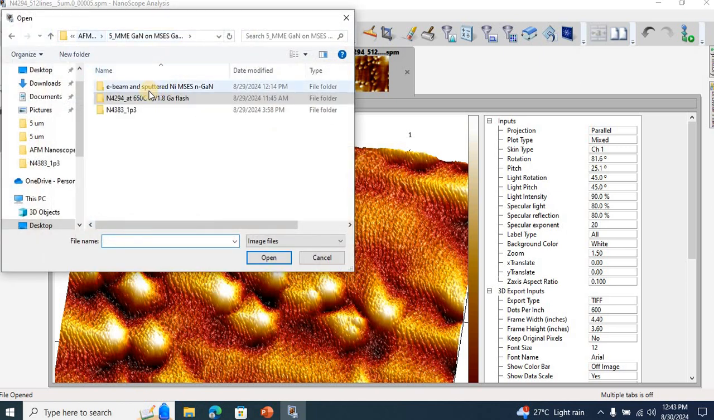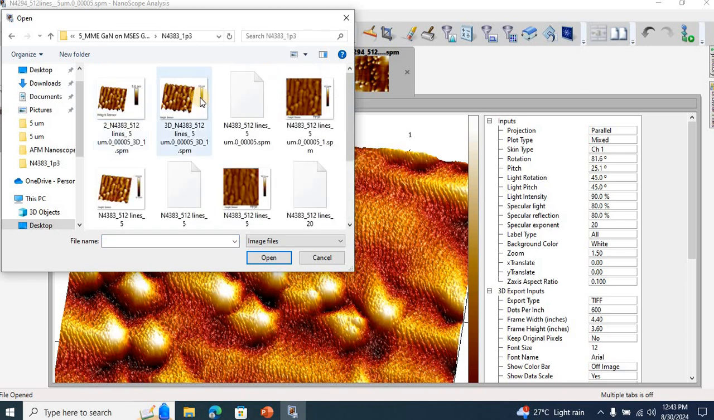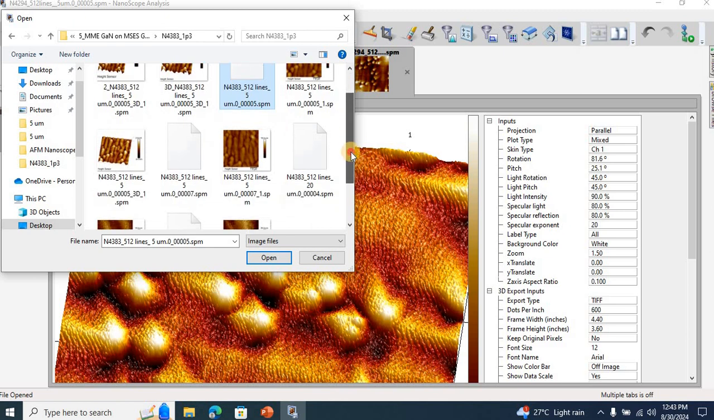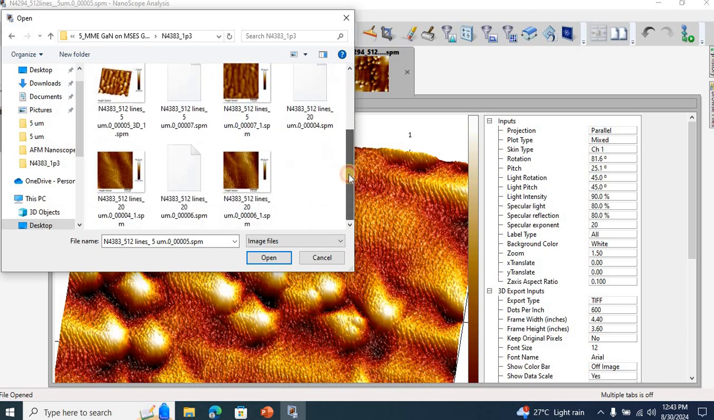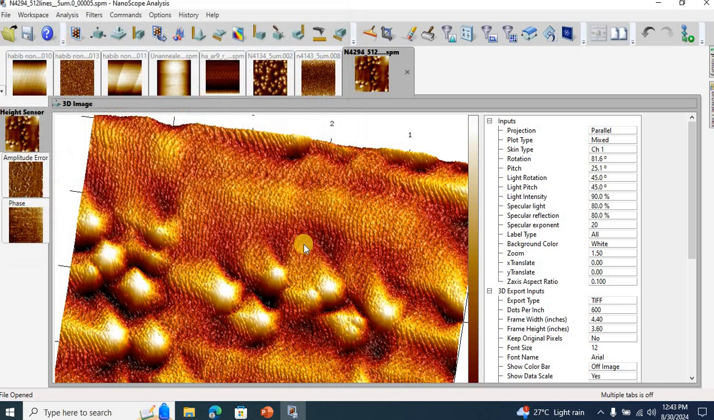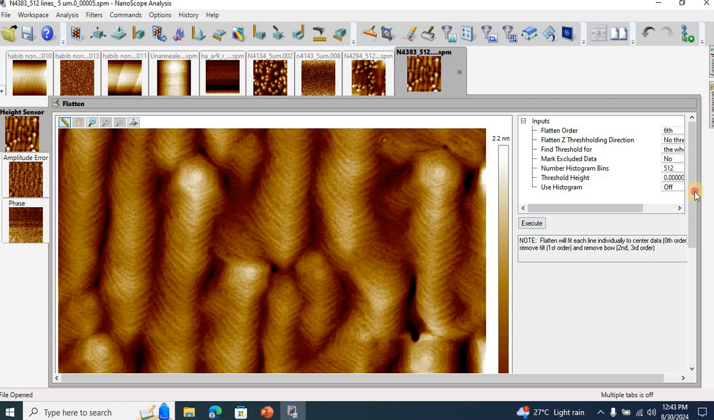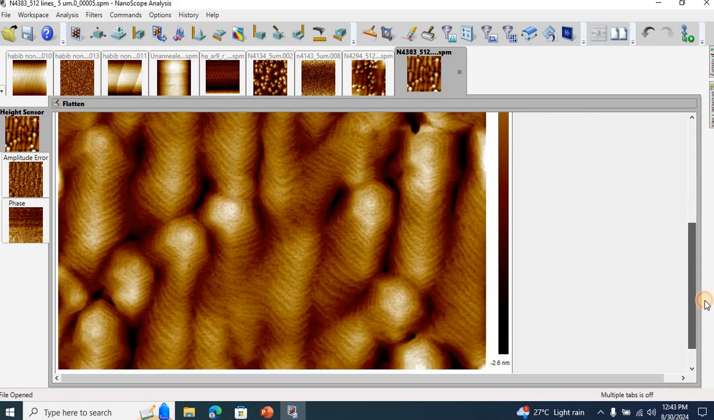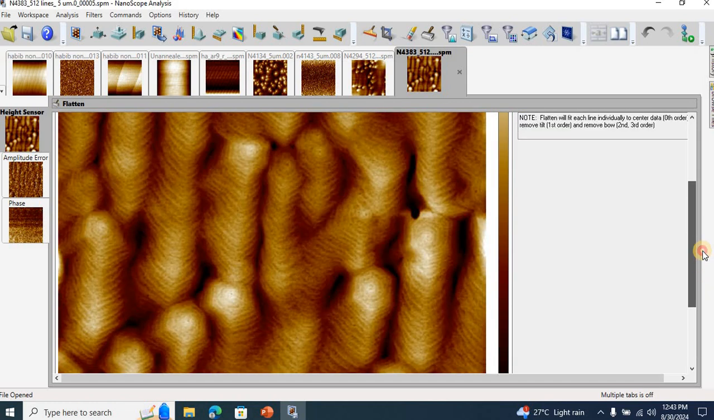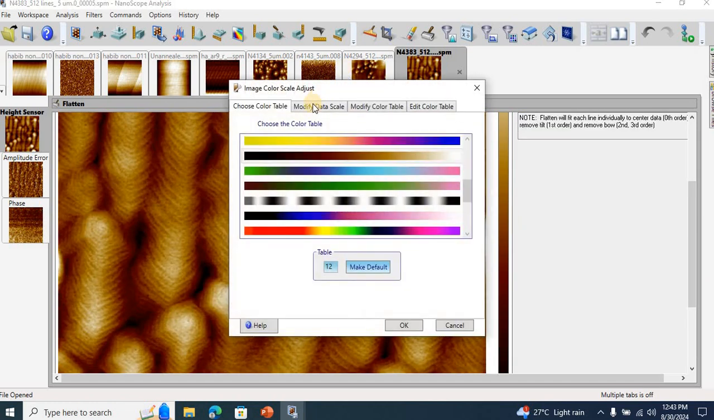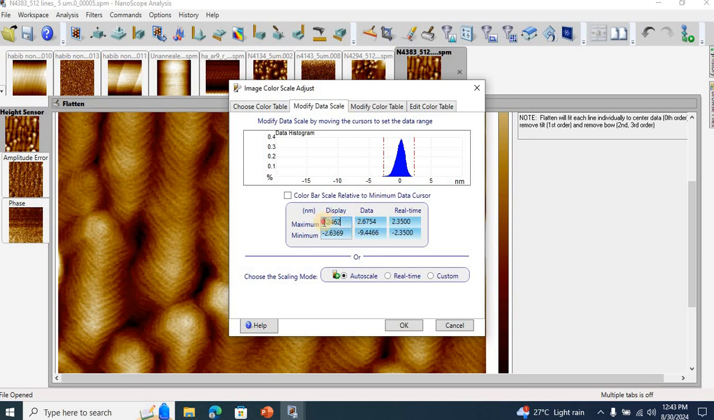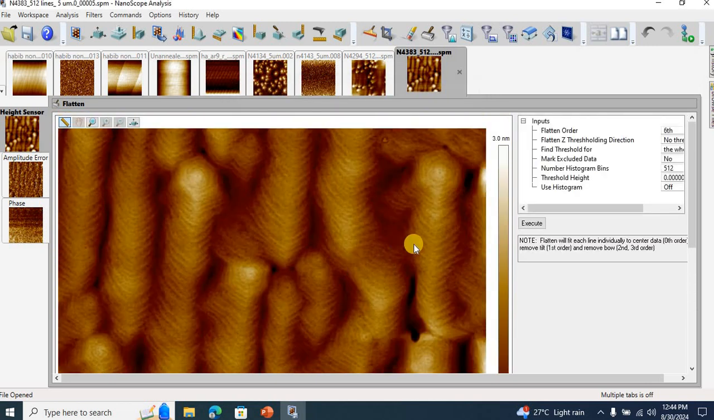I'm also going to show you a couple of other figures. For example, this one. I'm looking for a 5 micrometer by 5 micrometer image. I open this one, and I grade it under different growth conditions. And if I play around with, for example, let me set it in the range -3 to 3. Click OK,